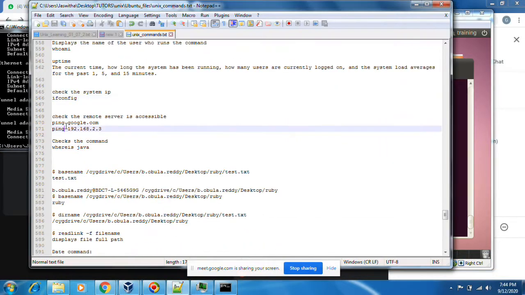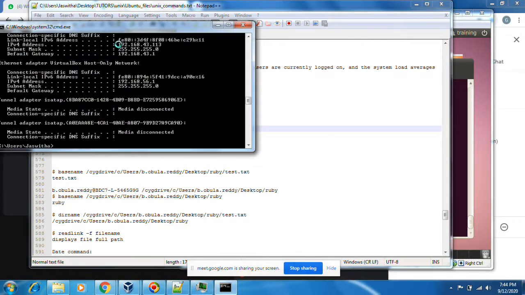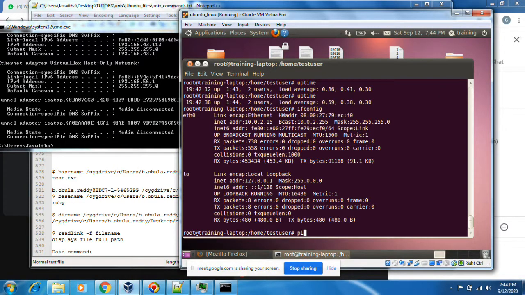Okay, ping. I want to check whether a remote IP is accessible from this system, so I can just ping 192.168.43.113.